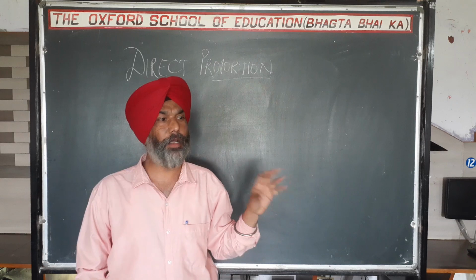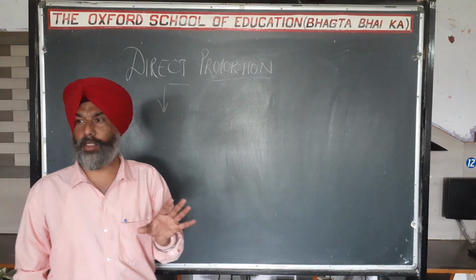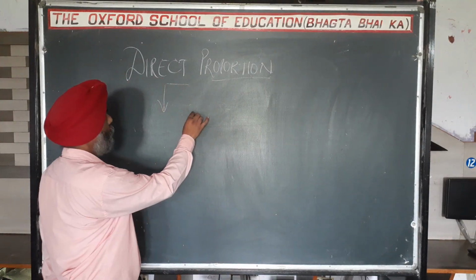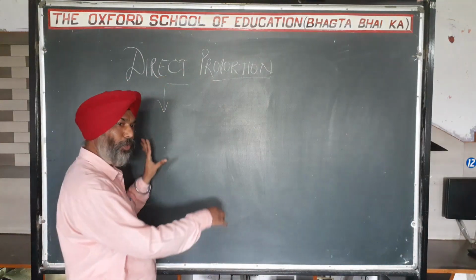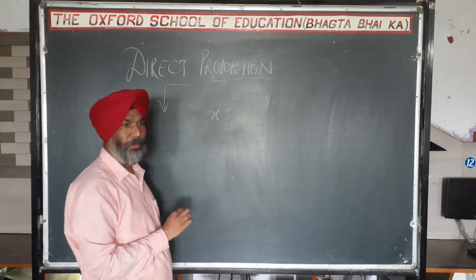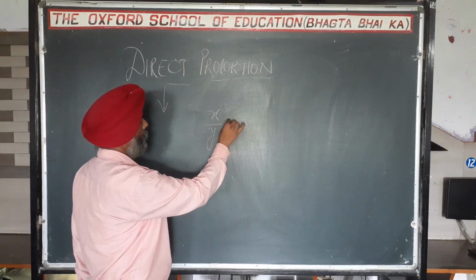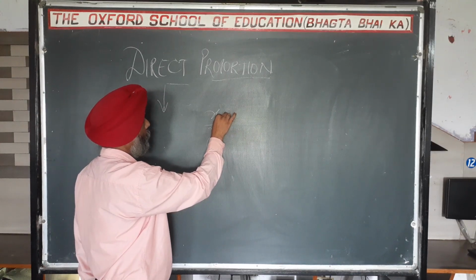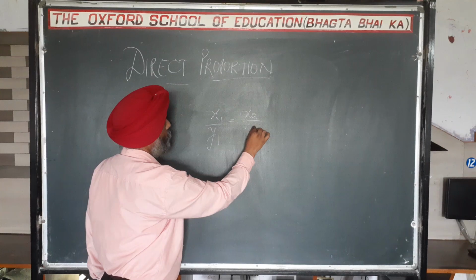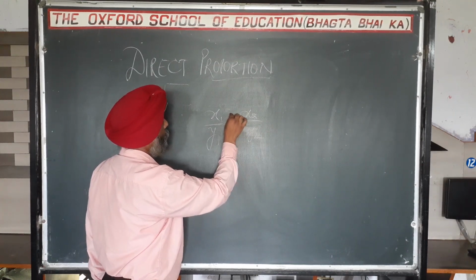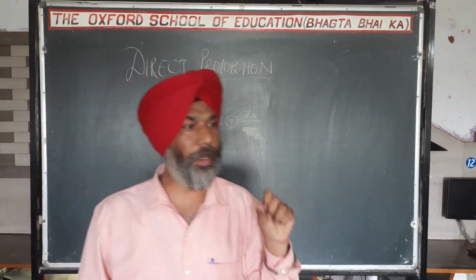Do you have any idea regarding this word proportion? When do we use proportion? Anybody? We use proportion when we compare two ratios, when we say that the given ratios of the two quantities become equal. Suppose I take one quantity as x and the second quantity as y, and let me take the two ratios of the whole experiment. When we take x1 over y1 and x2 over y2 and put an equality sign between them, then we say these ratios are in proportion.